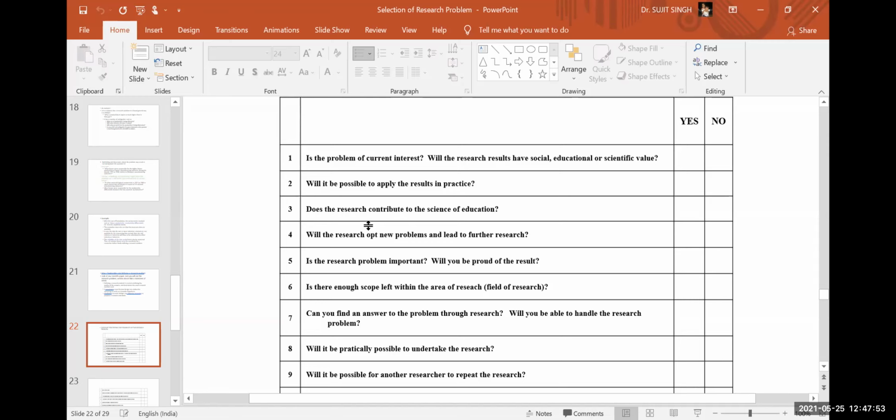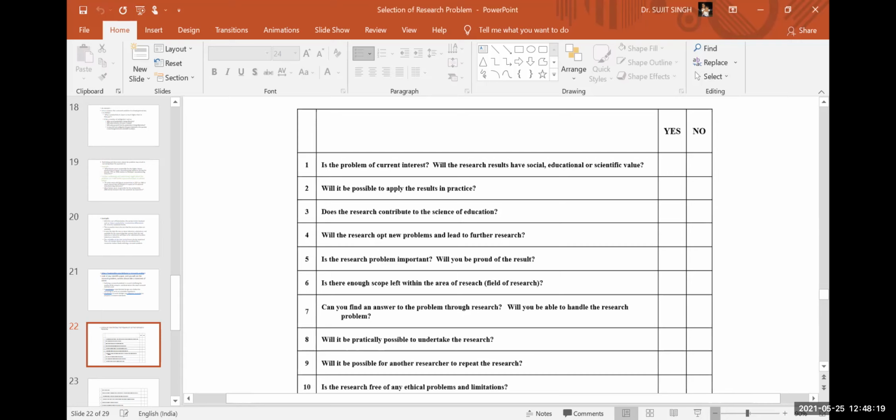Okay. Will it be possible to apply the result in practice? If you are not able to apply your result practically, that is of no value. So this is the checklist. You can go through this checklist and check whatever problem you have selected, and where that is going to fit. I think you know the meaning of checklist. In a checklist, when I'm going to do or check for the